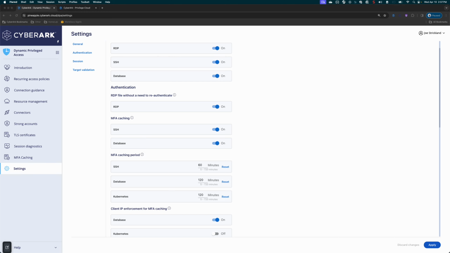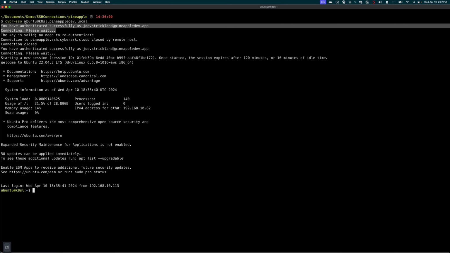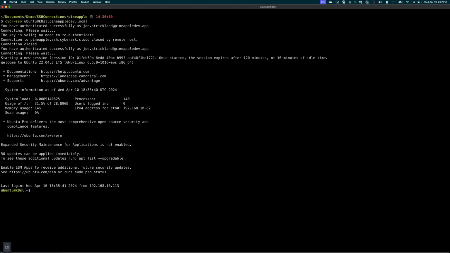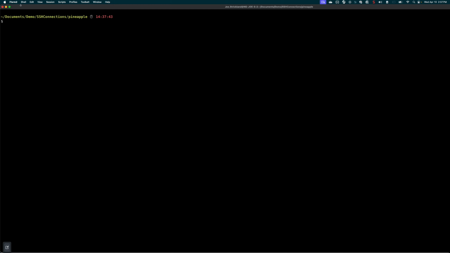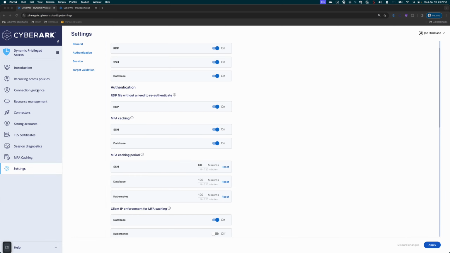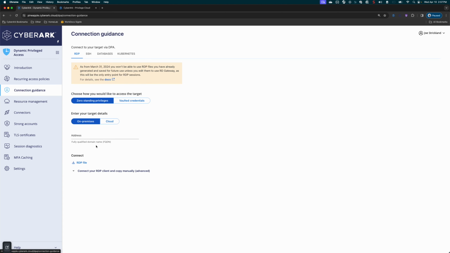So personally, I have set up that CyberSSO capability that allows me to basically run an alias. It runs the alias as expected and does everything I need to do. Again, the first scenario was us using vaulted credentials. Now I want to switch over and take a look at using a non-vaulted credential and talk a little bit about how that works. So if we come back into the user interface and go back to connection guidance,